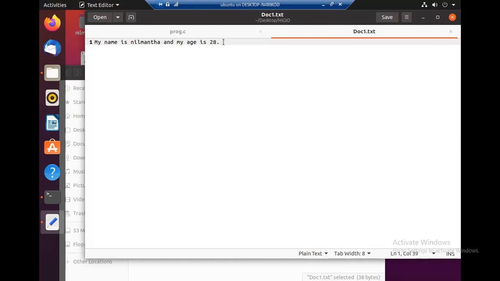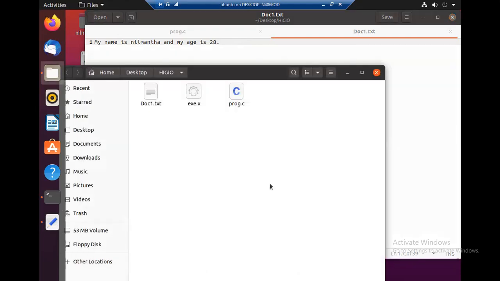So here is the end of file. You can see the cursor does not move beyond this point. So this point is the end of file. Once this point is found, then we will stop reading. So we have to code like that to cater to that requirement. So how do we code?